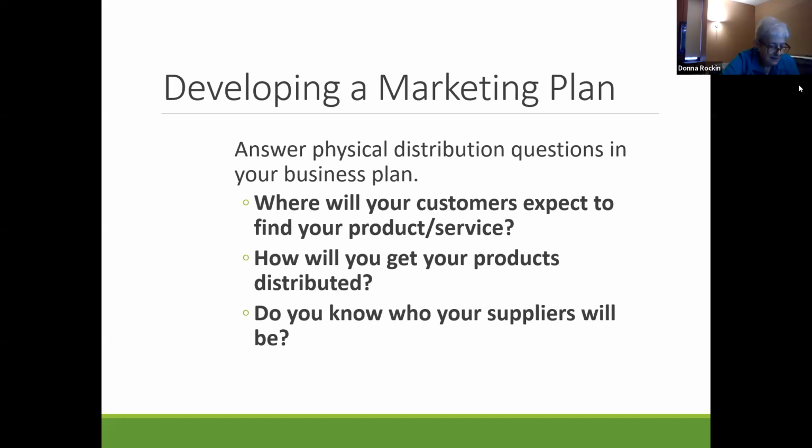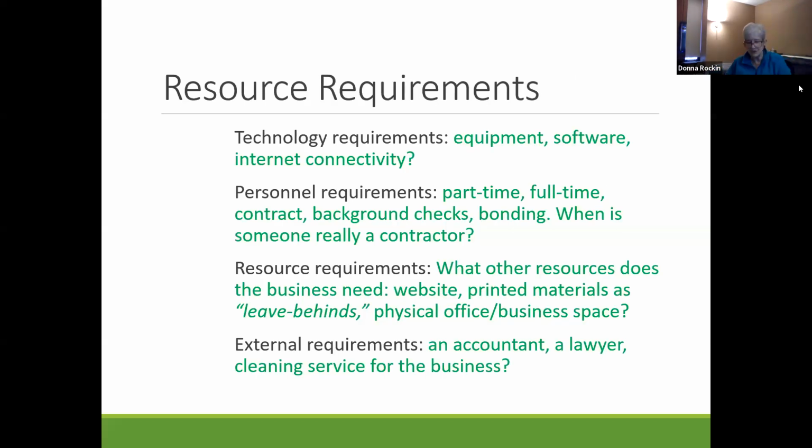Let's go on. Okay, now you have to think about your technology requirements. Do you need special equipment? Do you need software, internet connectivity in the shop? Think about how many restaurants take your order on an iPad. Either the waitress or the waiter takes it on an iPad, or you put it in on an iPad on a table. I know Red Robin is that way. So think about the software you need. Do you need card readers now?